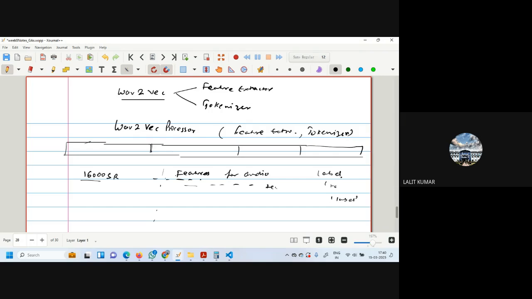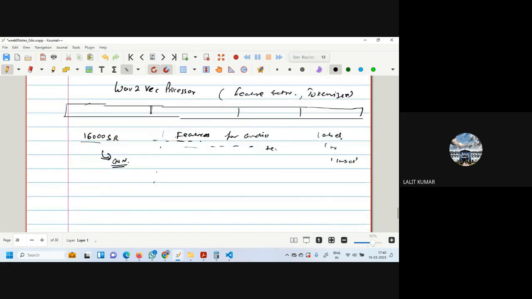Now when you train this on a CNN model, it will give you cross entropy loss, because we are passing all these features and identifying with the label whether it is the same or not. If it is not, it passes the loss backward, and your model gets trained.